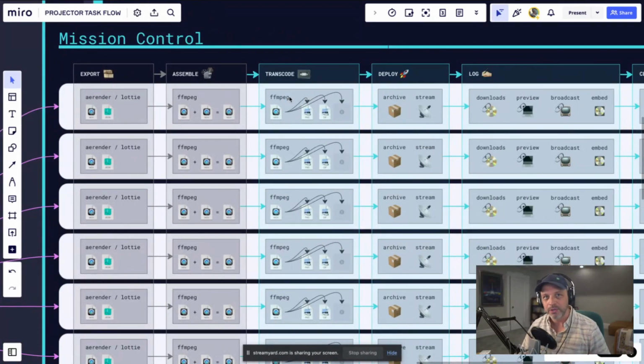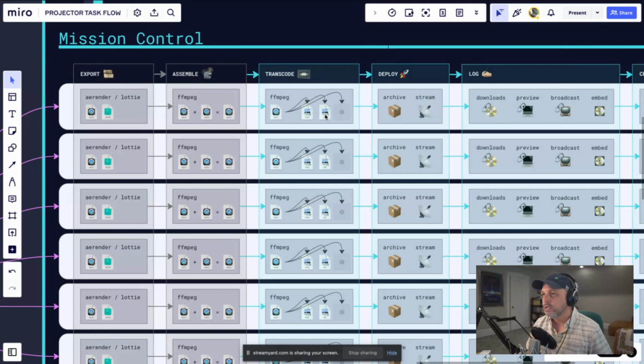Projector will know that the asset is on the machine, and it will transcode it to a format that makes sense for deployment to an archival platform or a streaming platform. But not only will it transcode the asset itself, it will also extract a poster image that will be used for the thumbnail of your video player that's inside of the streaming platform. And it will extract a GIF clip if you want to have some kind of animation displayed in a non-traditional